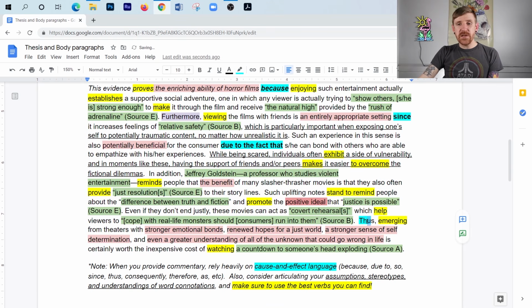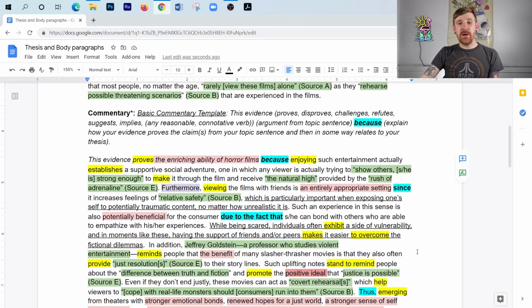Thus, emerging from the theaters, right, if we were to watch a film like this, emerging from the theaters with stronger emotional bonds, renewed hopes for a just world, a stronger sense of self-determination, and even a greater understanding of all the unknown that could go wrong in life is certainly worth the inexpensive cost of watching a countdown to someone's head exploding, source A.